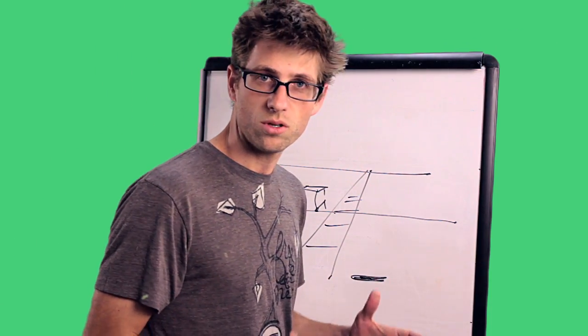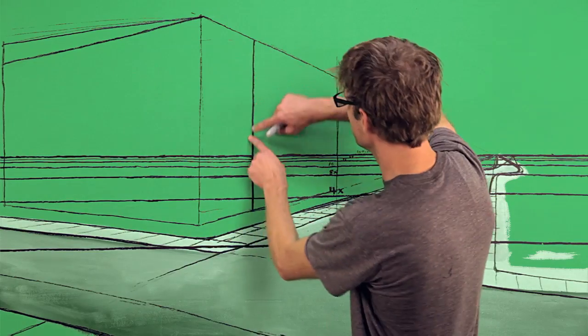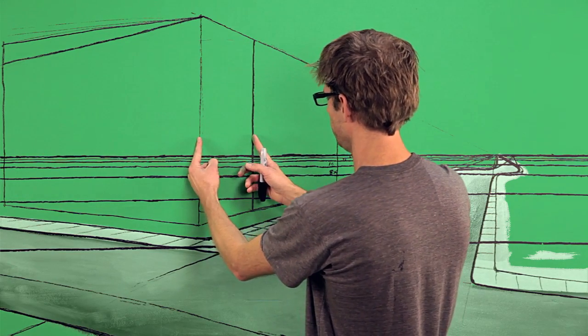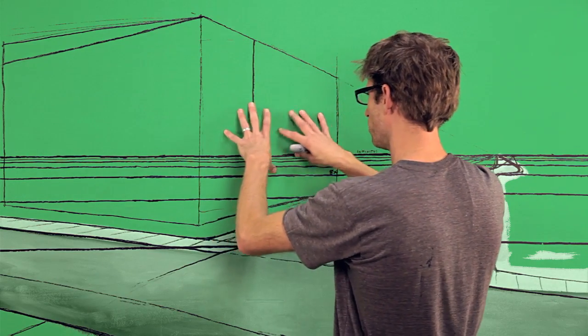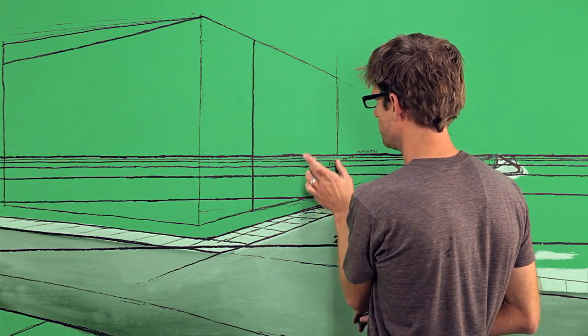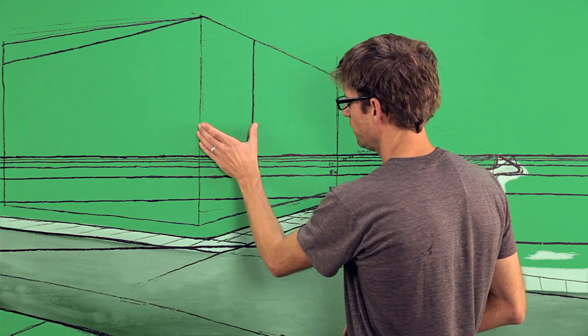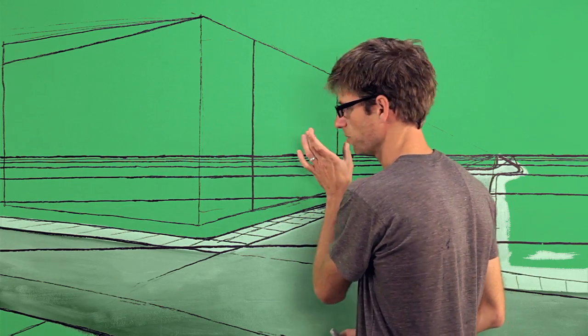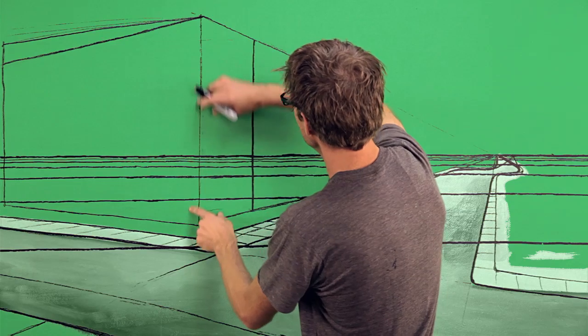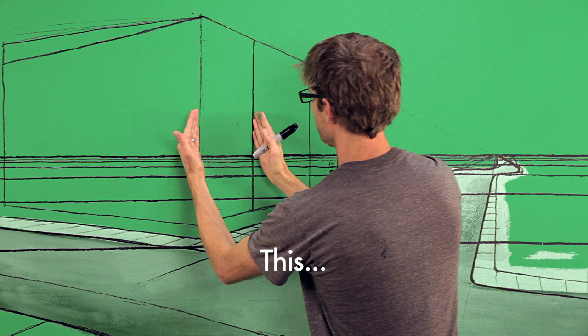So we have a different rule to learn. Okay, now I drew this vertical line parallel to this corner, identifying a segment of this building. I want this building to have this symmetrical face here. I want to make it the same on both sides. So on this, I want to make the same segment that I did here, but it's got to be smaller to make the perspective right. So the way I'm going to do that is I'm going to remember that this